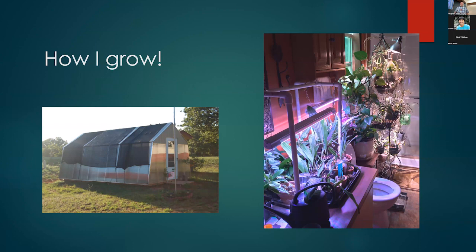And the last thing that went up was the polycarbonate, and we're about ready to change some of that out as a hailstorm kind of put some holes in it. And then like I said, the greenhouse tends to get a little bit too warm in the summer for a lot of things because the fans are going, the misters are going, all that stuff, and it's still 120 degrees in there. So